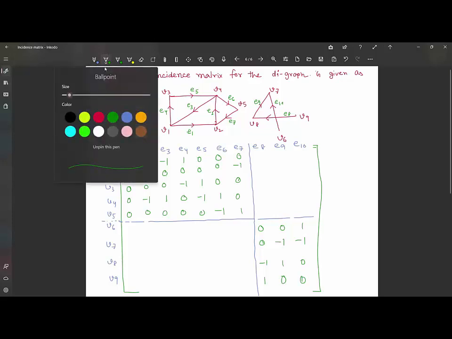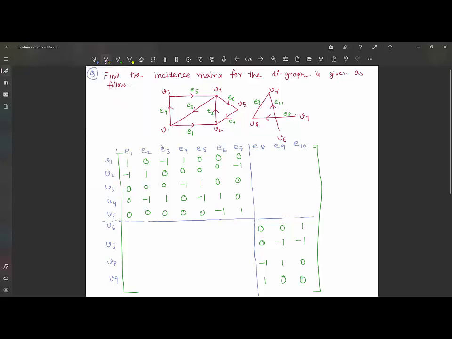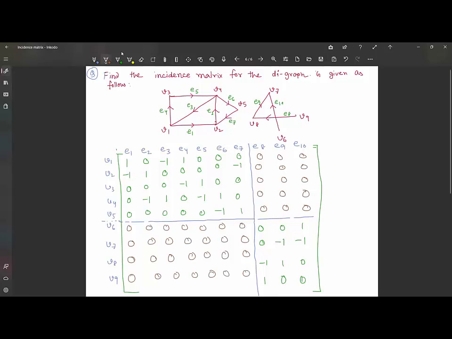Okay. And after that, place all the other values as 0 and it will be your incidence matrix for the disconnected directed graph. Just fill these values with 0. And if it is laborious, then you can also just place a 0 matrix here with the dimension. That means you can replace this whole box form by one big 0 matrix, with